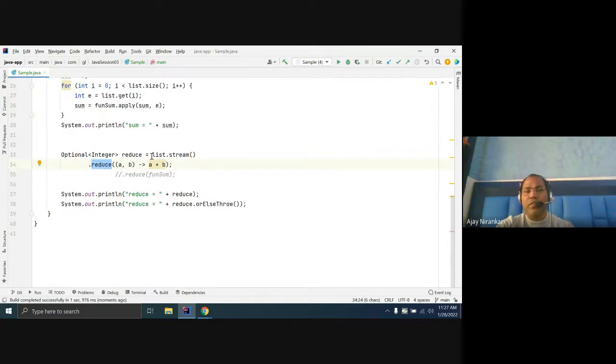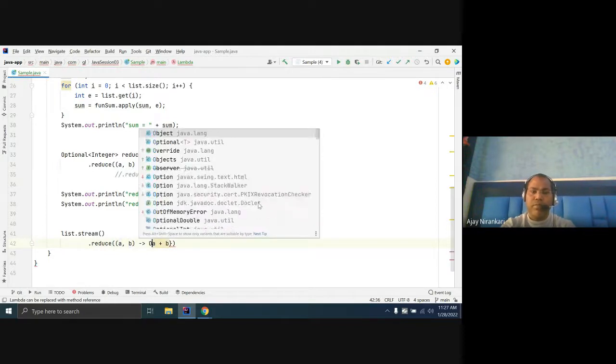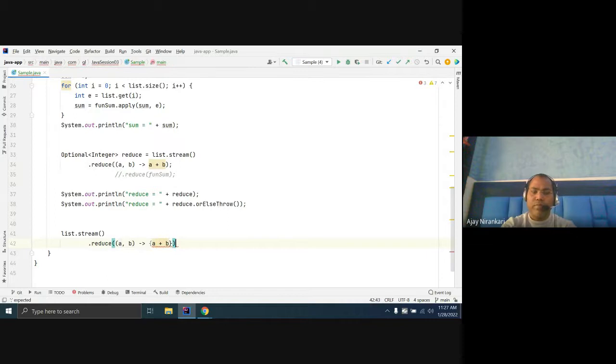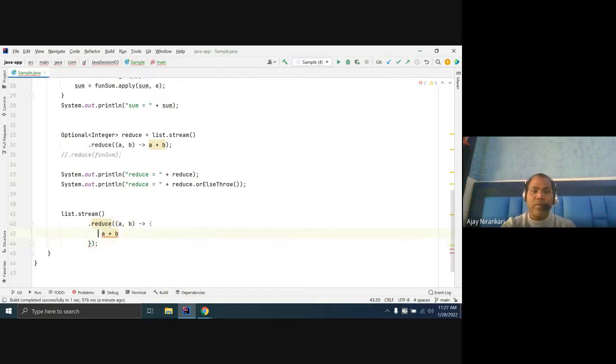Just like here, if you want to print some value, let me write a lambda expression, one-liner: take one sum equal to a plus b, and just return sum.